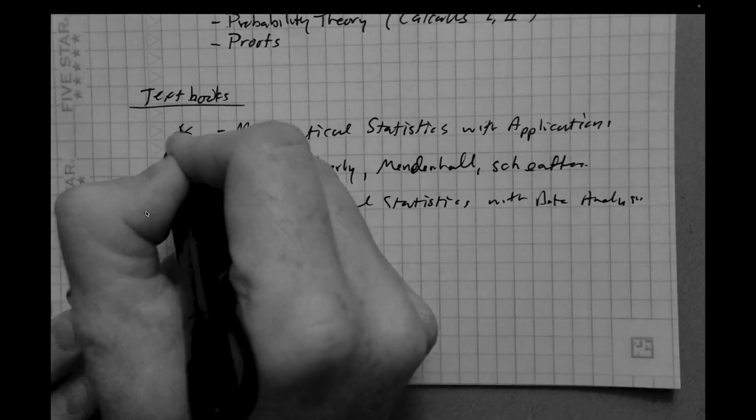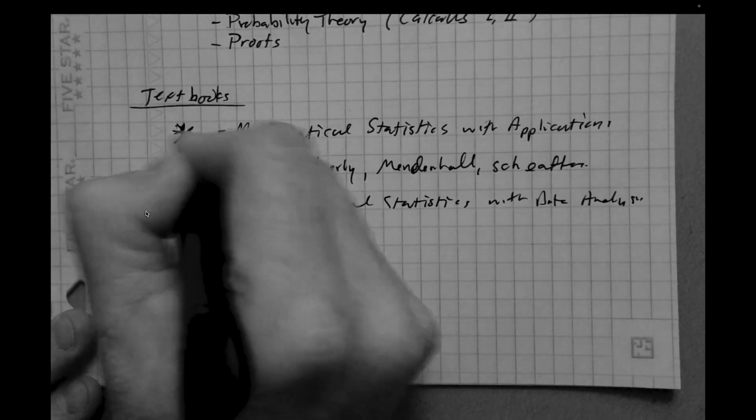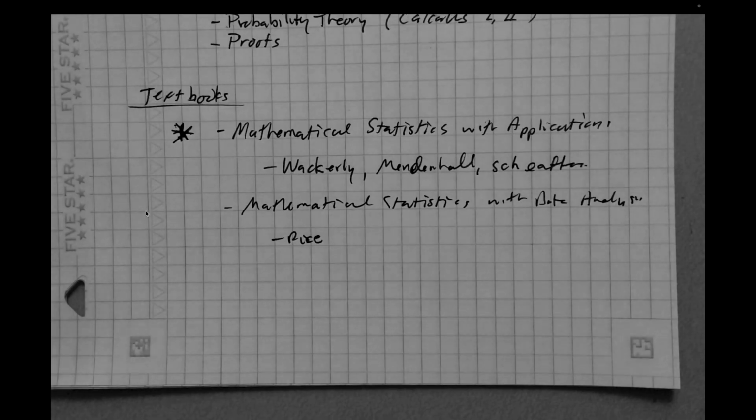If you're going to buy a textbook to follow along with, I'd get the Wackerly textbook. It's a very famous book. It's probably 25, 30 years old, something like that, I'm guessing, and departments still use it. They still love it. It's great for undergrad, and a lot of graduate departments still use it too. So it's a good text all the way around.